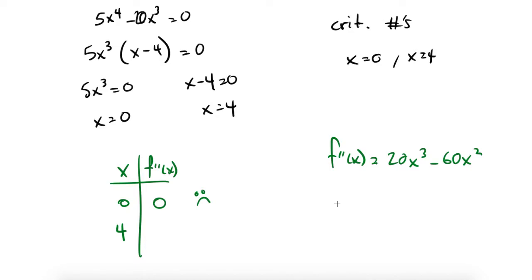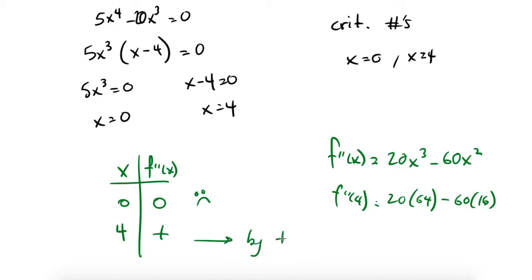If I plug in 4, I'll get 20 times 64 minus 60 times 16. And you can do the math here if you would like. But 64 is bigger than 60 and 20 is bigger than 16, so this is going to be positive. And again, I don't care what the value is. All I care about is the sign. So this tells me immediately, by the second derivative test,